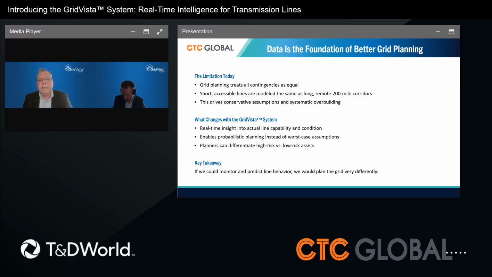And those same studies could be used to help with new data centers and load additions that are much more dynamic than what they were 4 or 5 years ago. I went on board full-time at the United States Department of Energy's Grid Deployment Office as it was standing up, prior to consulting with CTC Global and others focusing on advanced transmission technologies.